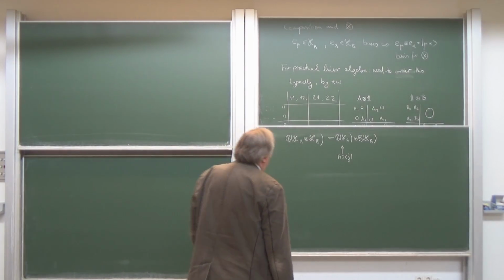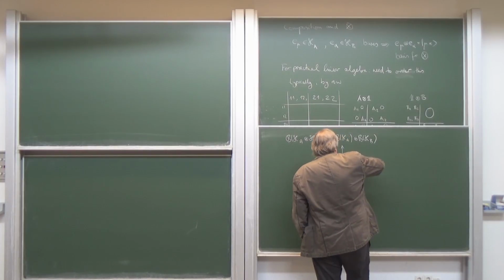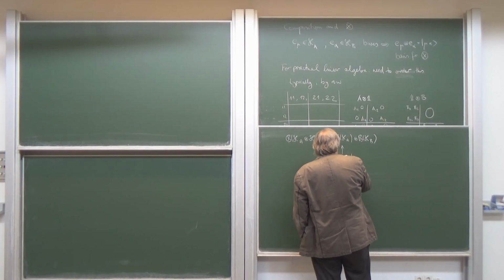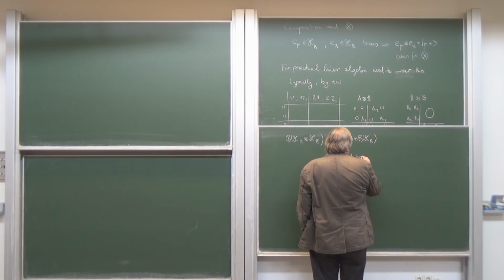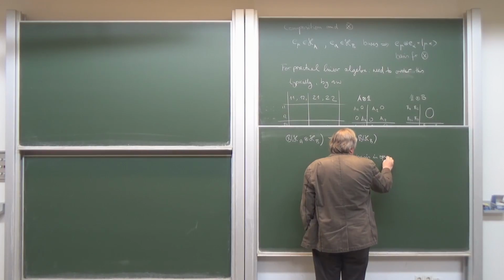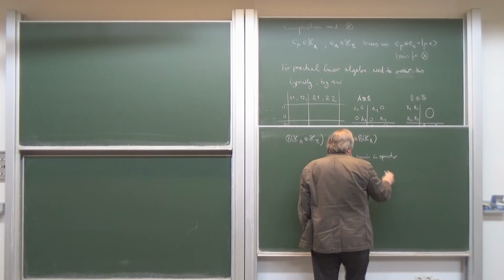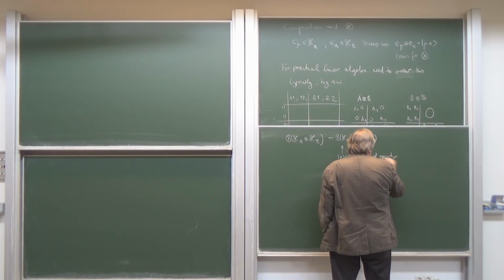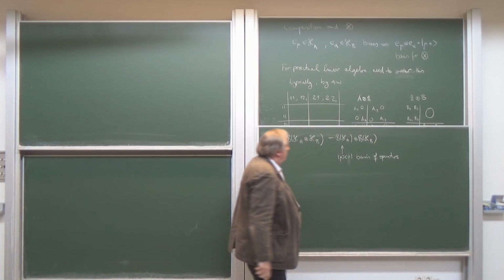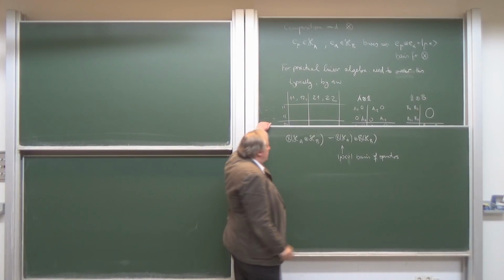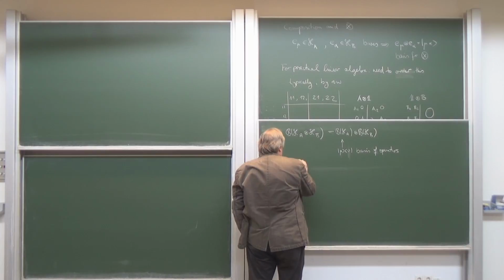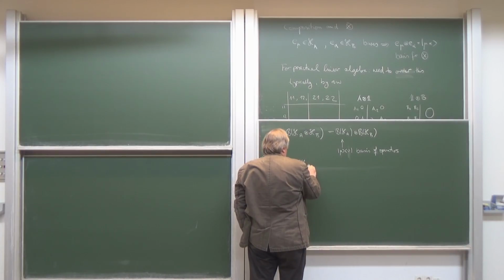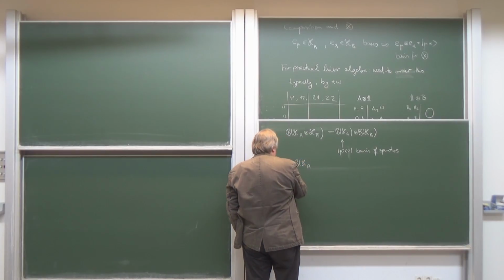The first one was mu, so these form a basis in this operator space of operators. And therefore, if I have any operator, let's say x,